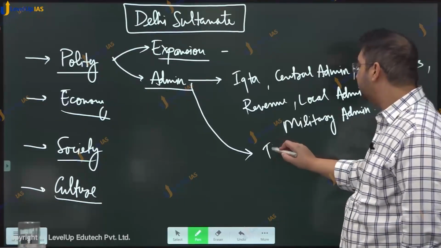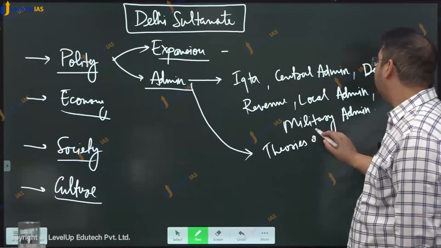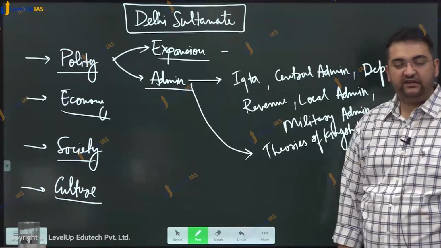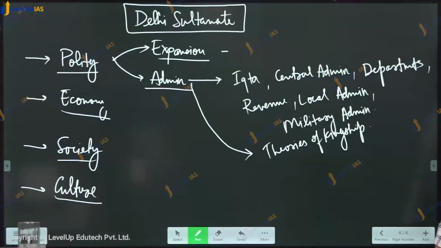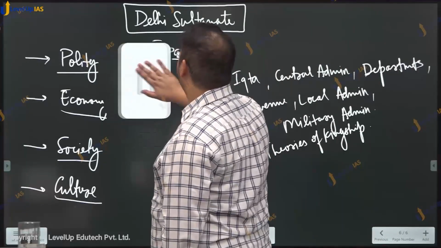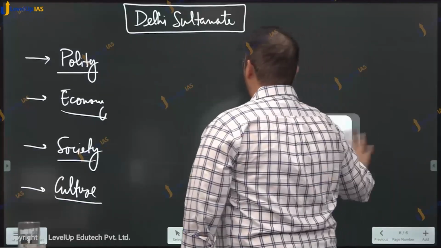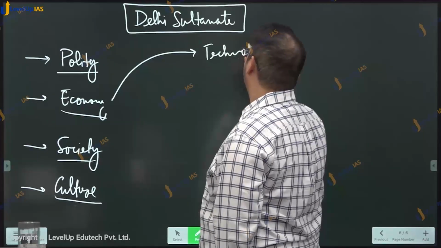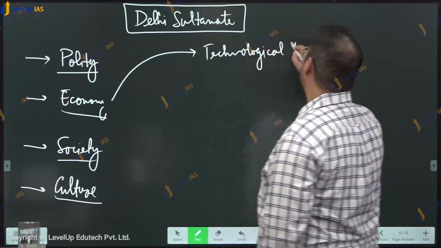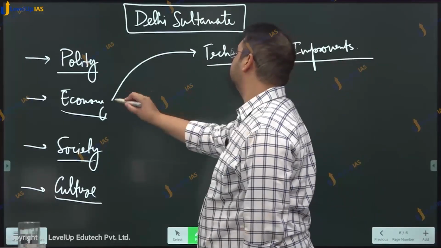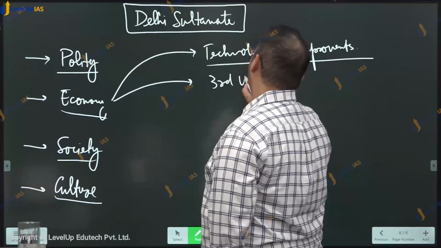So various theories of kingship were given by different sultans. ठीक है, तो ये हमको कंसिडर करना है. कमिंग टू द इकोनॉमी, इकोनॉमिक चेंजेस में हम क्या अंडरलाइन कर सकते हैं? The technological improvements, the third urbanization,